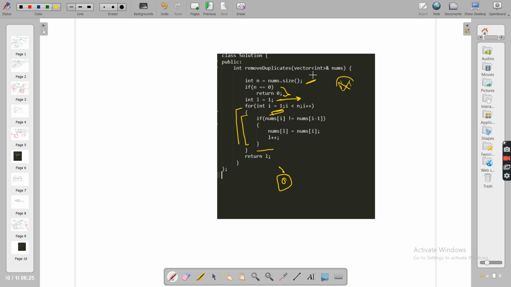You don't have to return the array. The function you write in LeetCode is being called from some driver main function, and that main function will check this nums configuration. From here you return the length, how many unique elements there are. But it will not only check the count. It will also check whether the input array, the main array, is modified, modified in a way that you put all unique elements at the front.